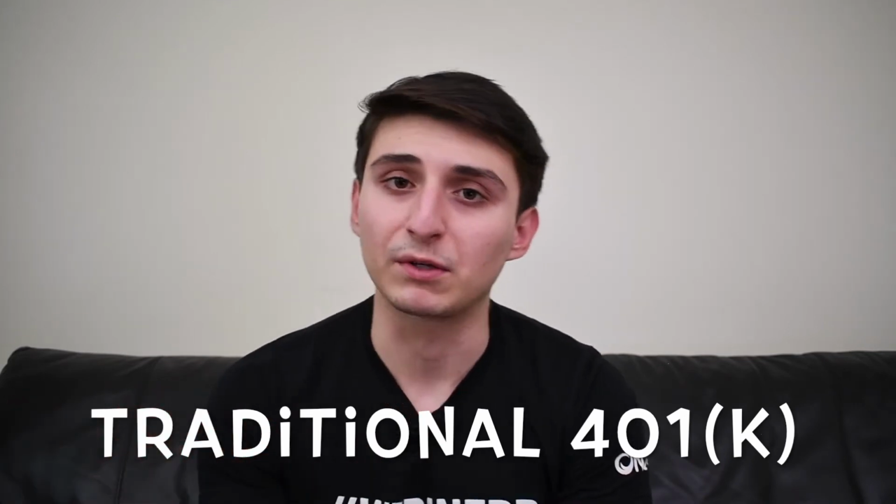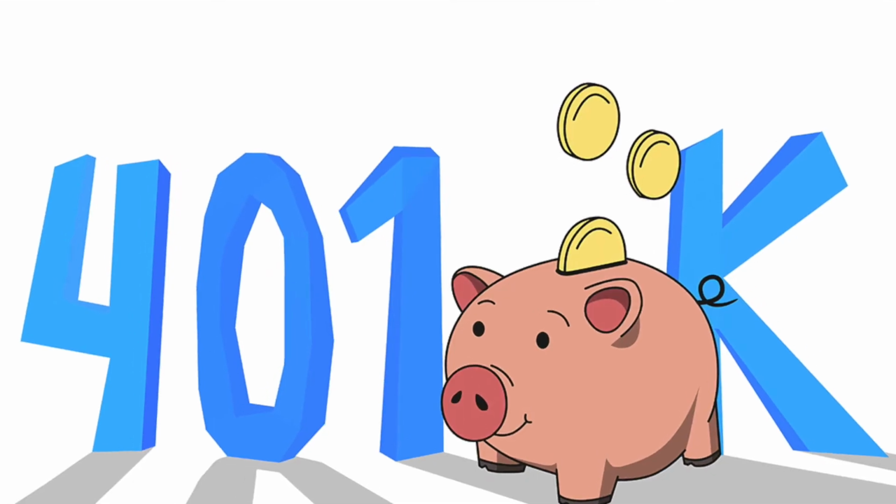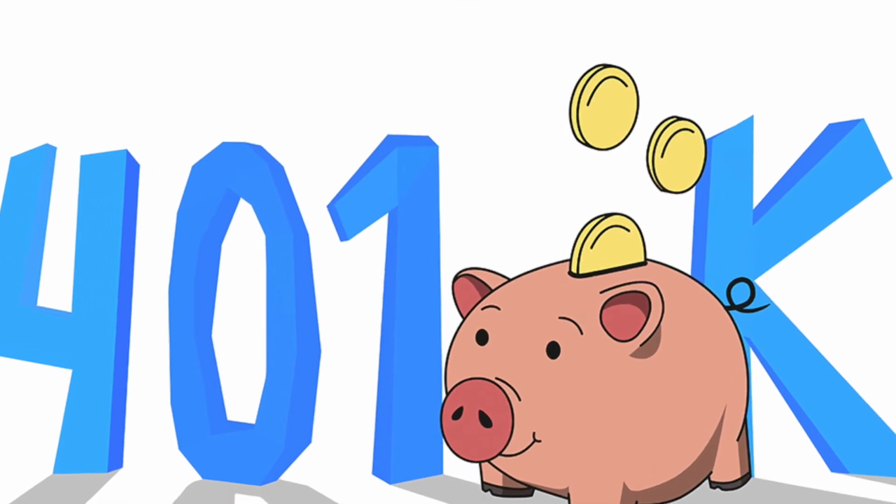All right, so now that you understand the Roth IRA, let's go ahead and talk about the traditional 401k, which is a very popular retirement vehicle as well. The traditional 401k is an employer-sponsored retirement vehicle that allows you to invest up to $19,500 pre-tax dollars into the account. However, if you are over the age of 50, then at that point you can contribute up to $26,000 per year. You'll notice that this is a significantly higher limit than that of the Roth IRA.